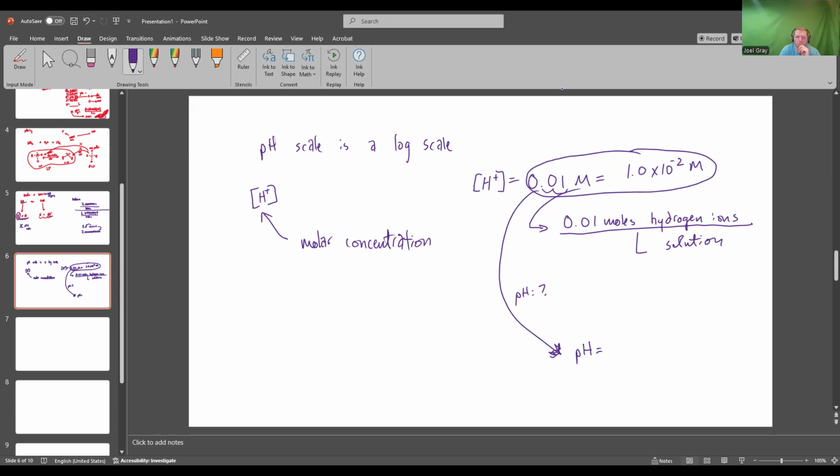Perfect. So DDA, you're absolutely right. This solution would have a pH of 2. Now, with that in mind,